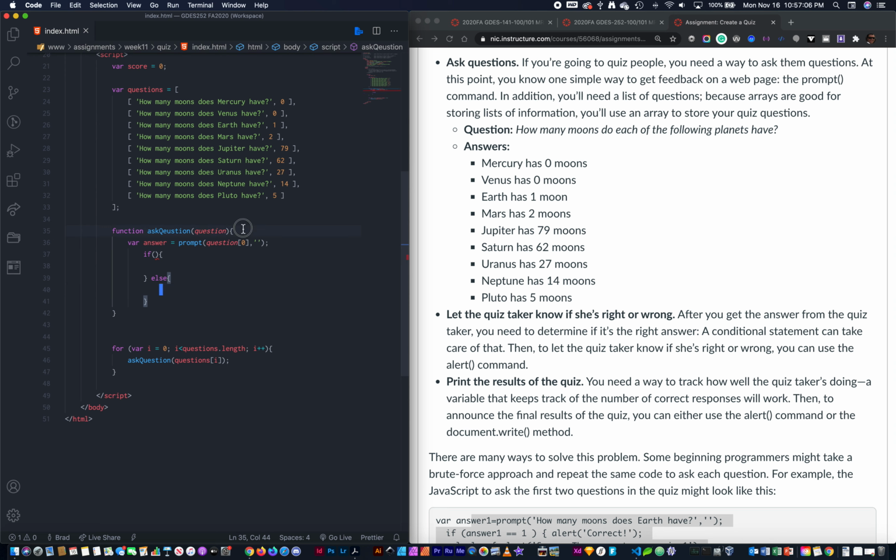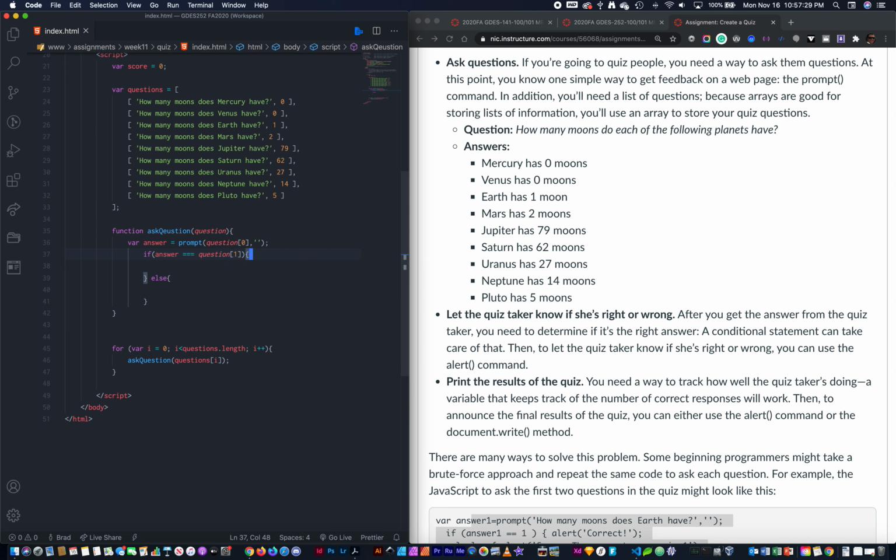So again, this is all happening inside of the function. So function opens here, closes here, and then our criteria will be if the answer is exactly the value for question subarray 1,